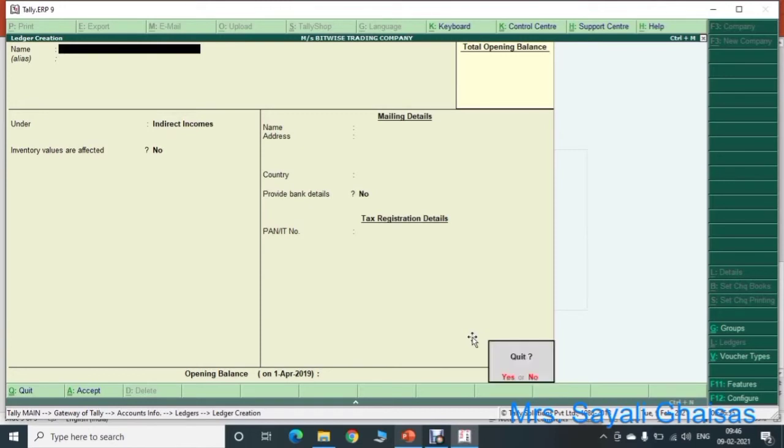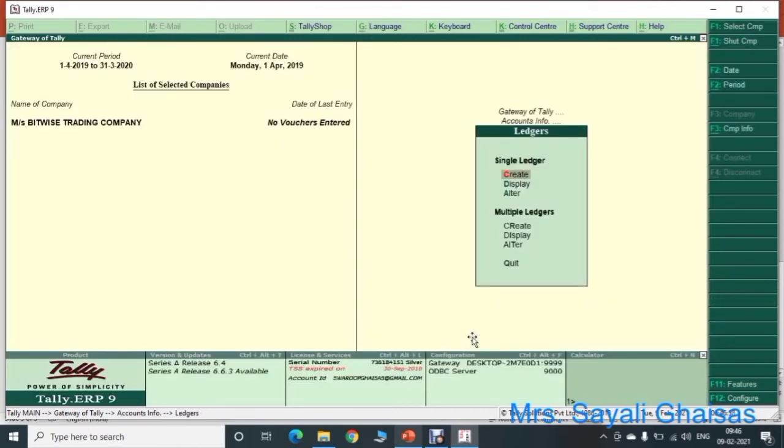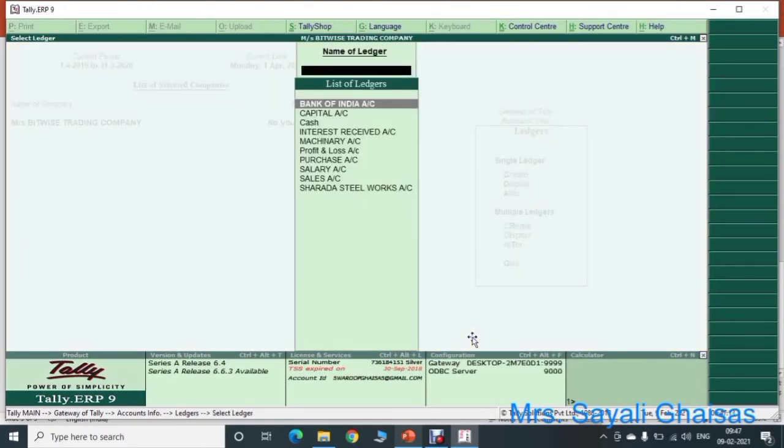Press escape key and go back to the ledgers menu. And if you want to see all the ledgers that I have created, you can click on the display option. See, from single ledger you can select a display option, and here is the list of different ledgers.